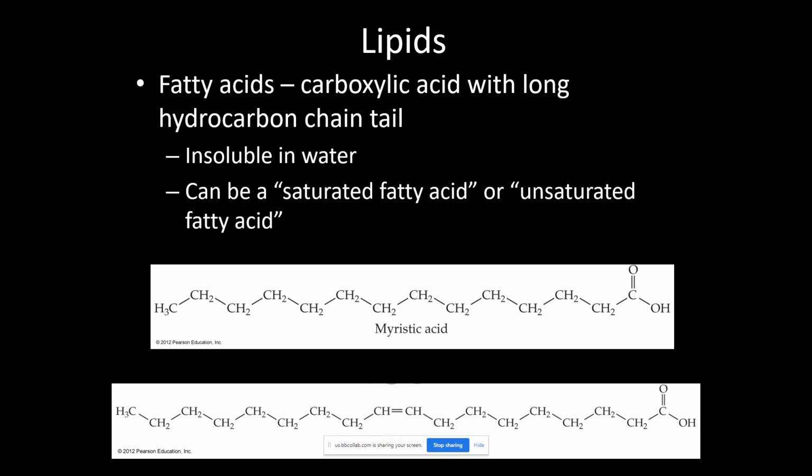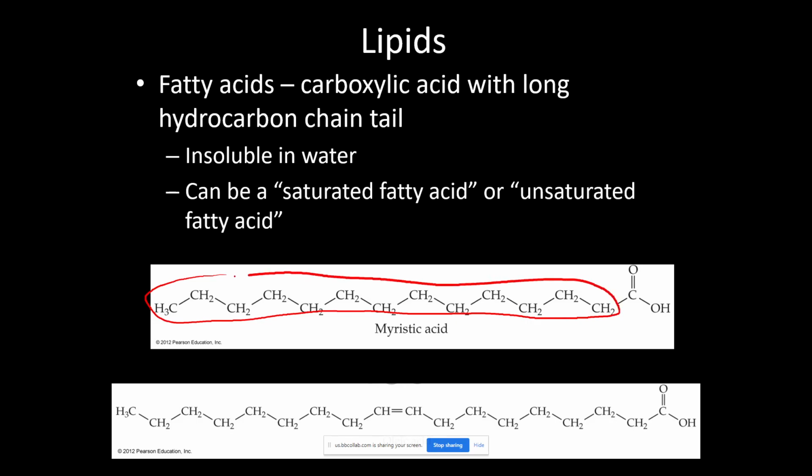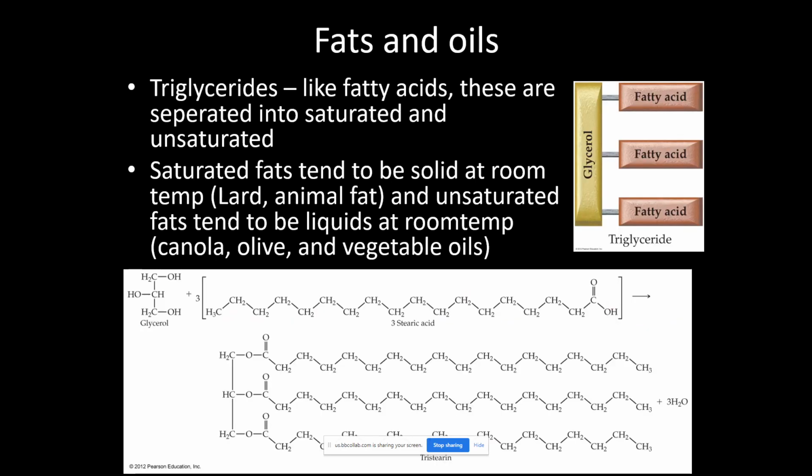Lipids, that'll be the next one, moving out of the carbohydrates. So these are fatty acids with a carboxylic acid tail. So you have a really long tail here that is either a saturated or unsaturated hydrocarbon tail, and then on the other end you have the carboxylic acid. And so those come together to make these larger triglycerides. So again, you should be able to identify, just generally speaking, what lipids and triglycerides look like. So a lipid would be just like one of these things, and then a triglyceride is like 3 of these connected with a glycerol,